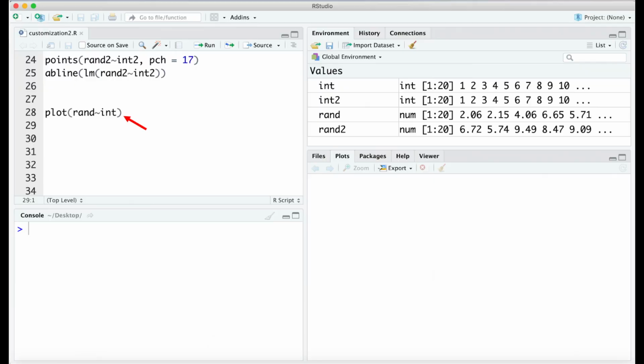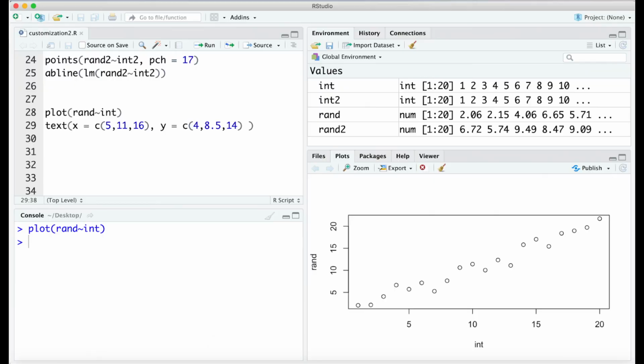One final item we'll look at here is adding text to the plot region. Let's say there are a few points that are particularly interesting here, and we want to highlight those points by labeling them. One way to do that is with the text function. It allows you to add text or labels to a plot at defined coordinates. In a basic usage, we need to pass the x and y coordinates for the labels that we want to add as two vectors, one for the x coordinates and one for the y coordinates.